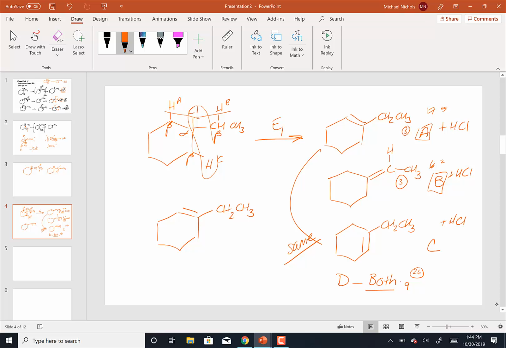We would consider them to have equal stability because we're just counting groups. Now you might say, but the double bonds inside the ring and the double bonds outside the ring, which one is more stable? And the answer would be, I don't know. Except that last night I was curious about this myself. As I'm grading homeworks, I have more computational power on my desk than I need. So I used a program to do calculations to figure out which one of these two was more stable. And it turns out that the double bond outside the ring is more stable, but only by 1 kilocalorie